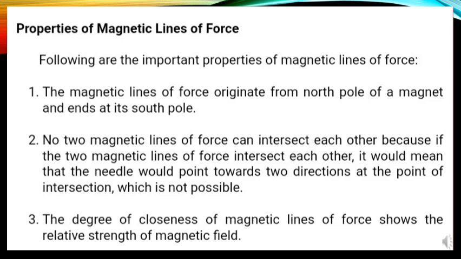And the third property is that magnetic field lines do not intersect each other. This is due to the fact that the resultant force on a north pole at any point can be only in one direction. But if two magnetic field lines intersect one another, then the resultant force on a north pole placed at the point of intersection will be along two directions, which is not possible because there is only one tangent at a point on a circle, isn't it? So these lines will never intersect. Hope it is clear to you all with all the properties of magnetic field lines.